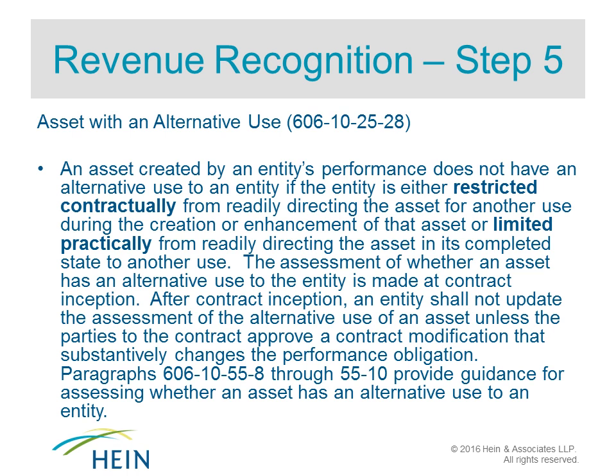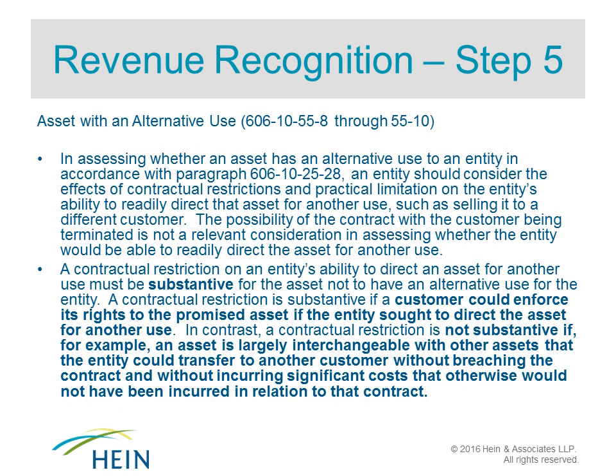So the rest of this guidance here on the slide talks about the fact that the determination is made at contract inception, and generally it's not updated with the exception of certain contract modifications, which is very similar to what Michelle was talking about in step 4. So again, we're making these determinations generally at contract inception. So to move on, for an asset with an alternative use, and how we look at that to make that determination,